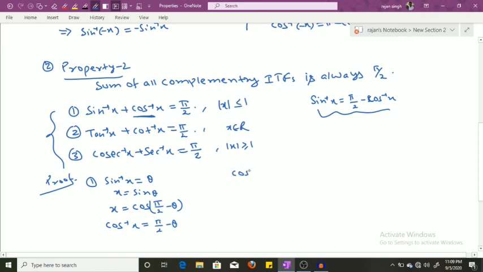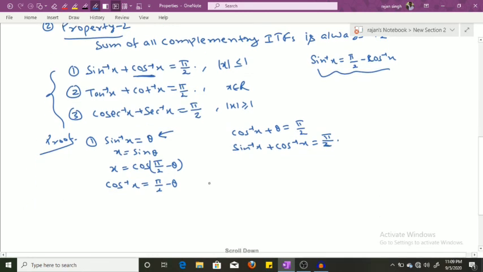Moving this minus theta to the other side, you will see this thing plus theta equal to pi by 2. Putting in theta, sin inverse x plus cos inverse x equals pi by 2. It was a very easy derivation. There is nothing much given; it's a very fast, time-pass property.